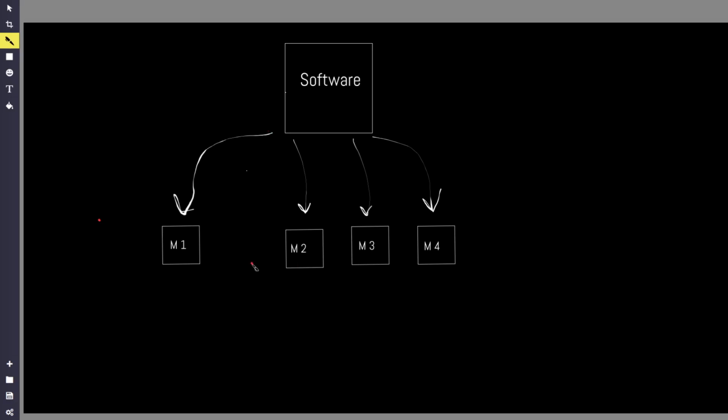Now, at times, it could happen like this: suppose this M1 module has to depend on this M2 module in order to work properly. I mean, it could be implementing some functions that require some utility functions from this module, or it could happen that this M2 module might be depending on this M4 module. Now, at times, this interdependency of modules could lead to several problems, which is the ultimate discussion of our